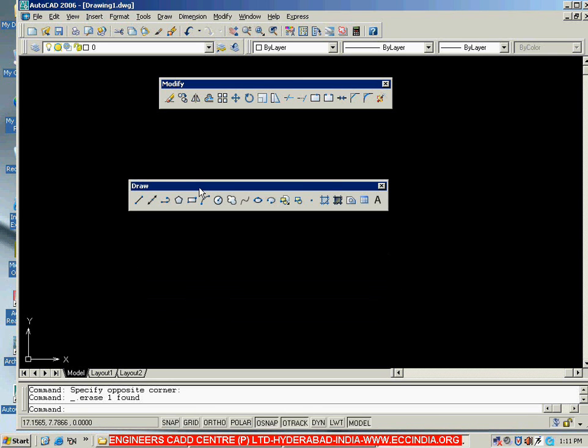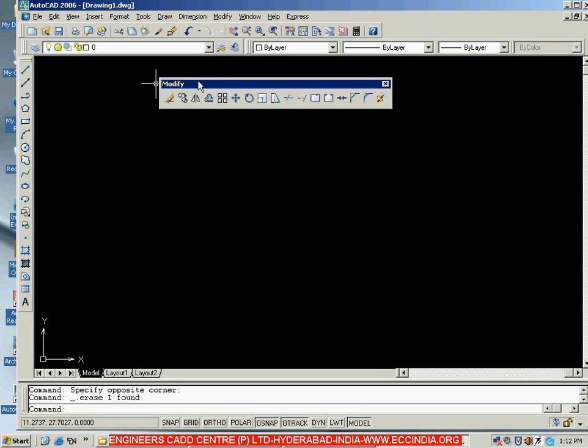Then we have two more, and in that first we will see about the draw toolbar. This draw toolbar is used to create the objects, because here in the draw toolbar we have the tools which we can use to create the objects. For example, we can go with line to create the lines, we can go with rectangle to create the rectangles, we can go with circle to create the circles. So like this, all the geometrical entities we can create here by going with draw toolbar. And let me dock this draw toolbar on left side. So hold it, drag it and leave it on the left side.